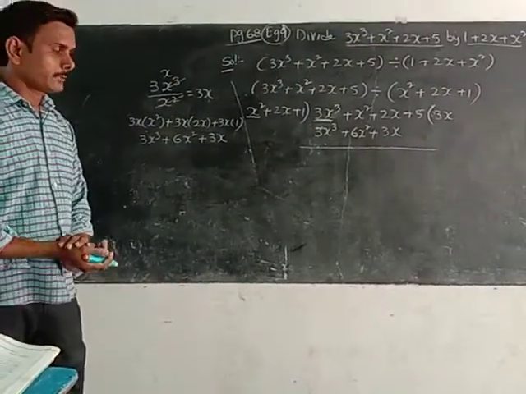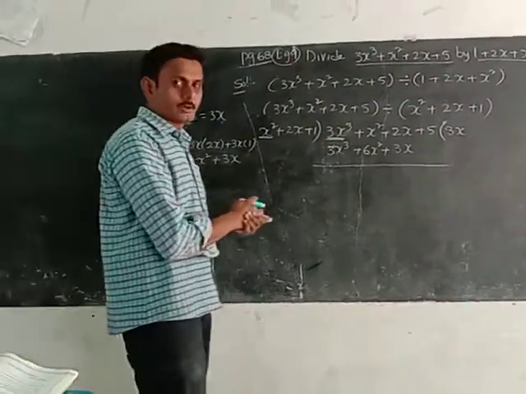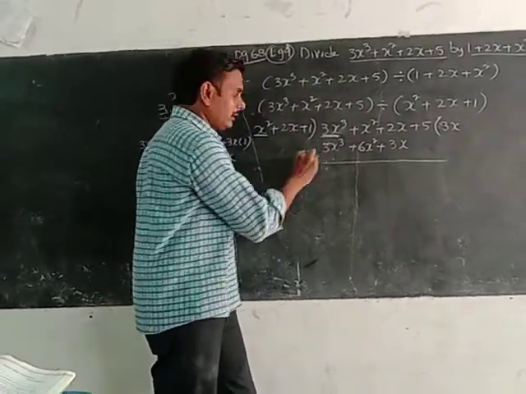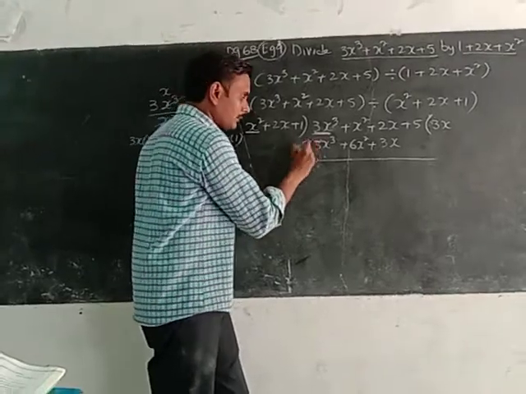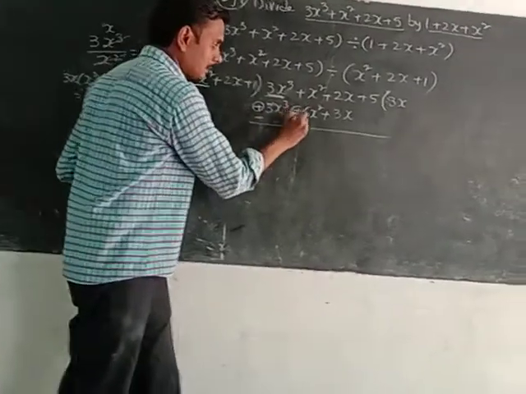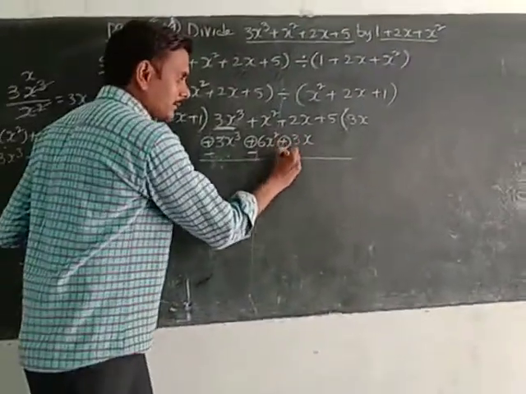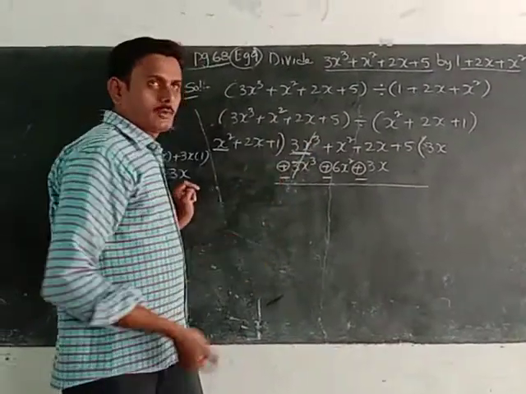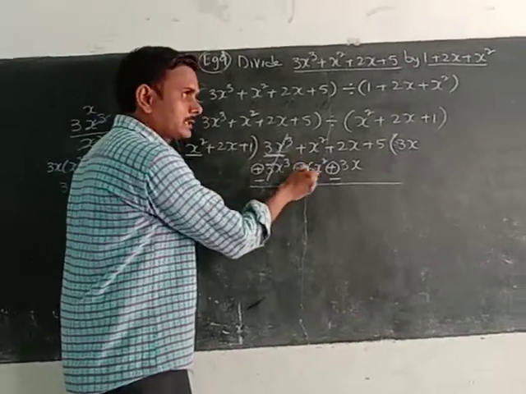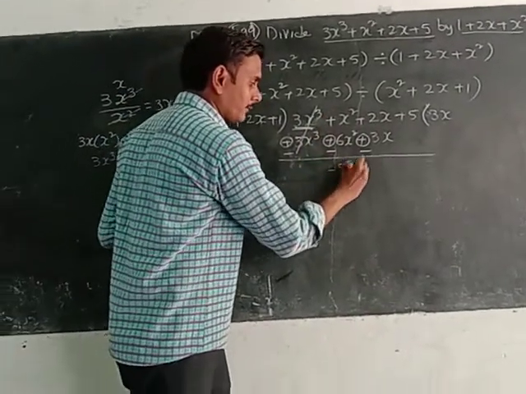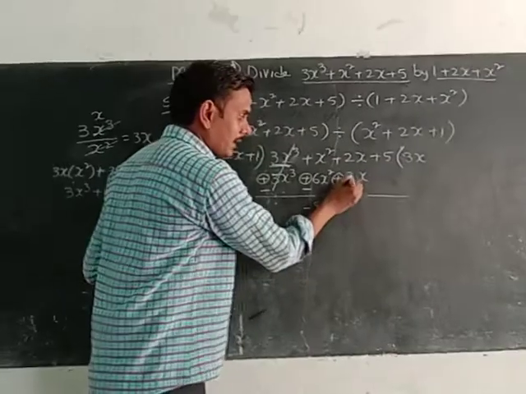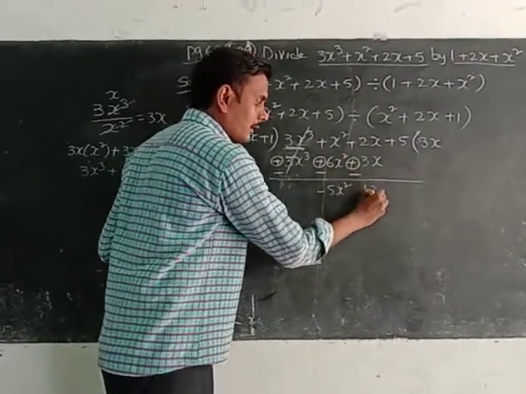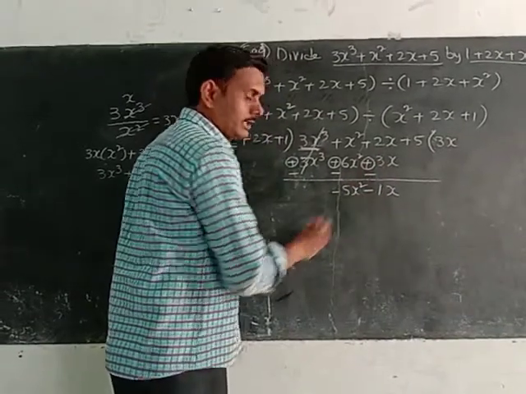Now subtract the second expression. By doing the subtraction, change the sign of each term of the second expression. What is the sign here? No sign means it is taken as plus. Plus becomes minus. 3 minus 3 means 0, which cancels. Now 1 minus 6 gives minus 5x square. Minus 3 plus 2, both having opposite signs, subtract: 3 minus 2 is 1. By the bigger number having minus, minus 1x.